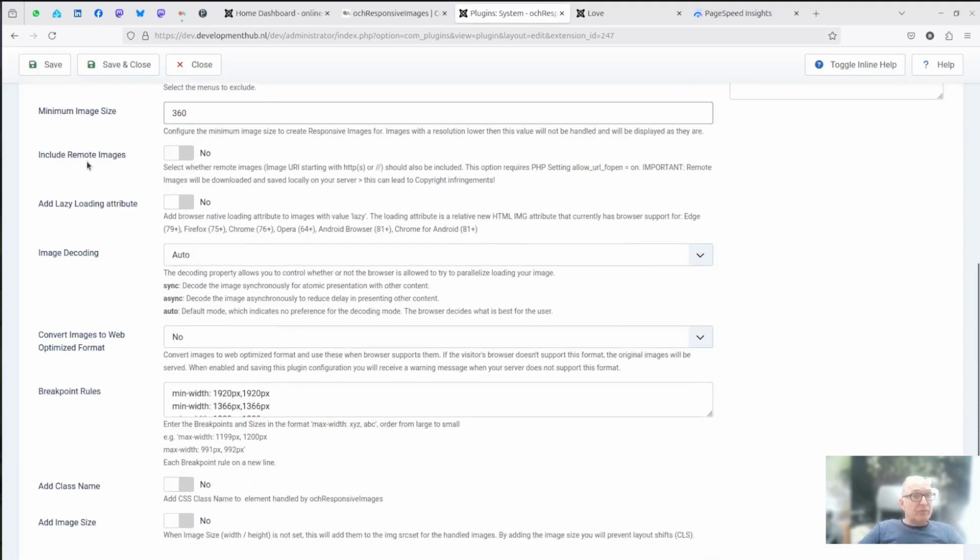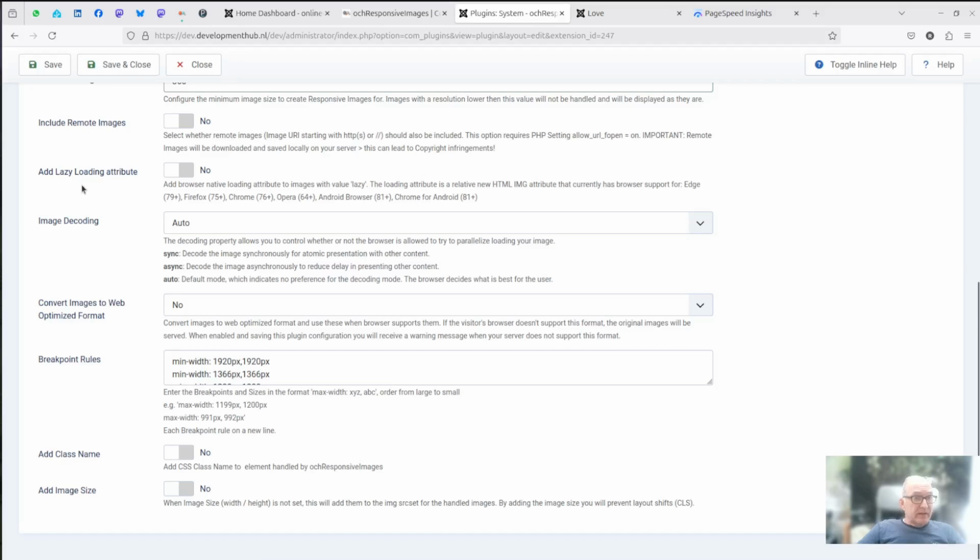When you make use of remote images, you can even optimize those, but you need to be aware that these remote images will then be downloaded to your server and then optimized, and that can be a breach of copyright. So this should be done with precaution.